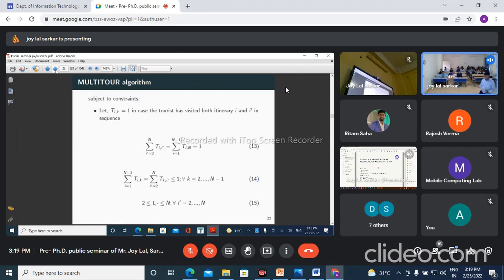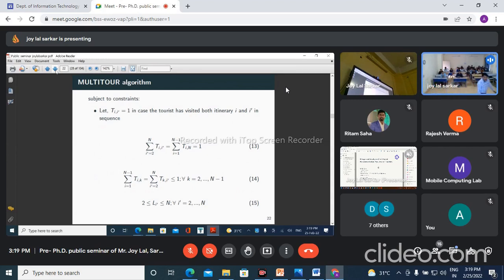So we cannot directly maximize it. Suppose I give you a random number, I cannot directly say that I can maximize or minimize this unless there are some constraints. There are a lot of factors that need to be considered. Suppose your itinerary should be connected. This is a very important thing. And an itinerary cannot visit a place more than once. Suppose today you have visited Agra, the next day I cannot recommend the same place, Agra. Then you will be annoyed, and you will just shut down your system. That is not possible. So this is all about my constraints.